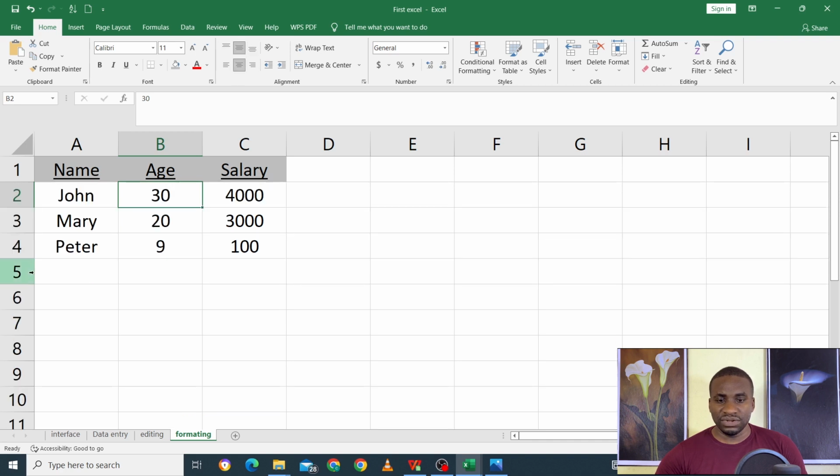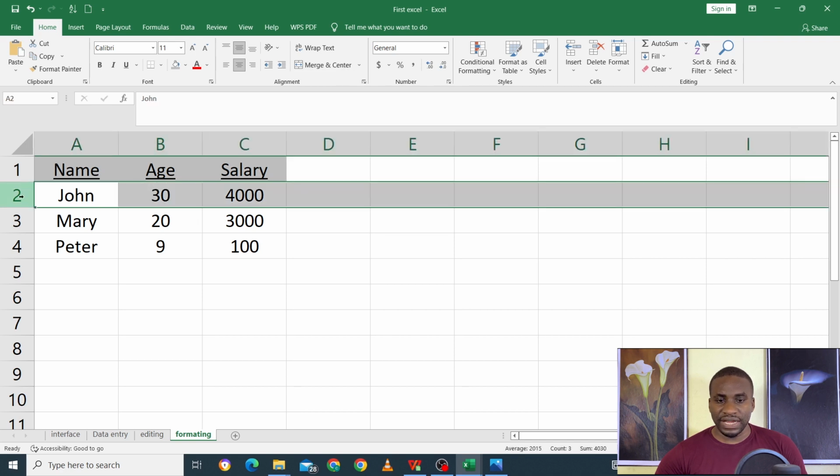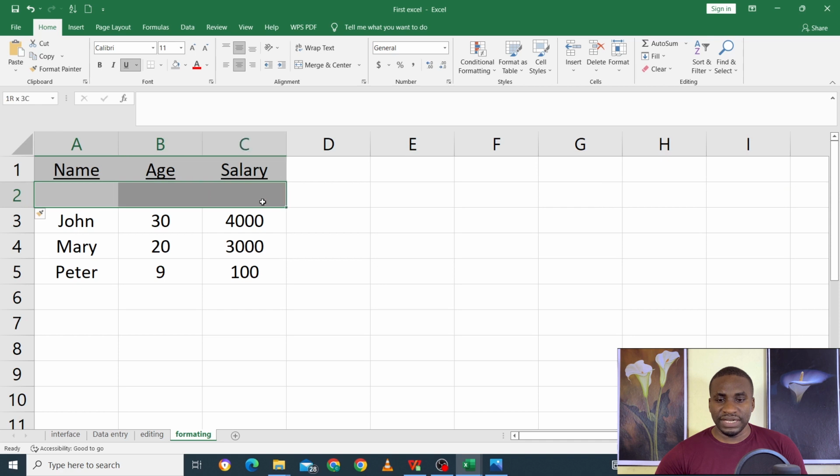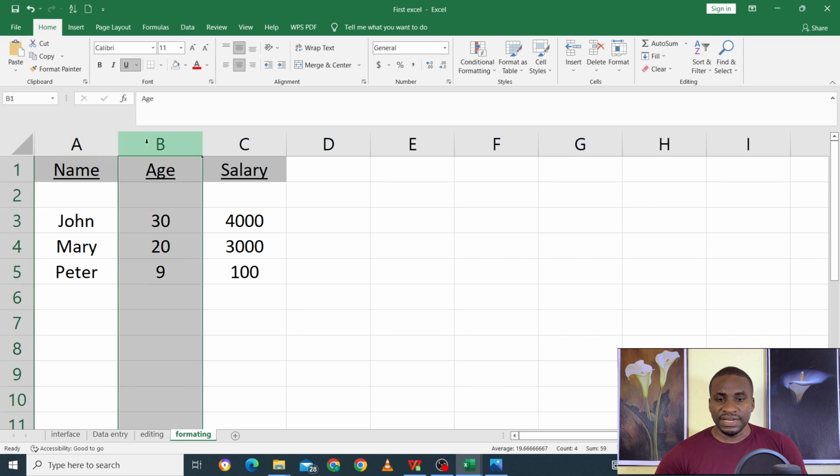Double click here again to auto adjust, and everything is adjusted that way. So sometimes you might want to merge text. Let's say, for example, I right click here, insert, and then I don't want this, so I go back to no fill, and I click on no fill. Now maybe I insert another